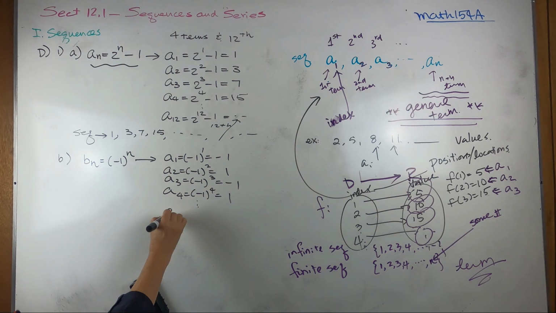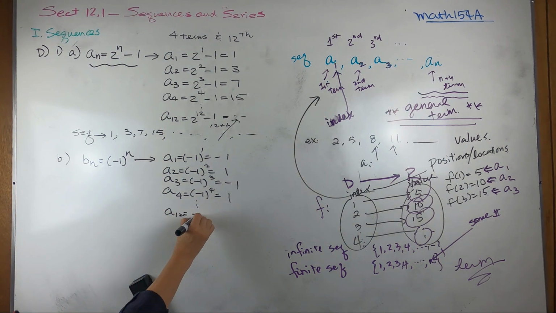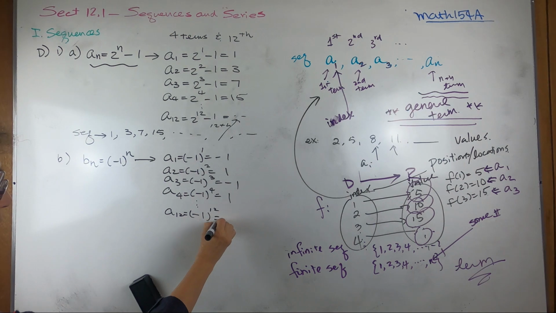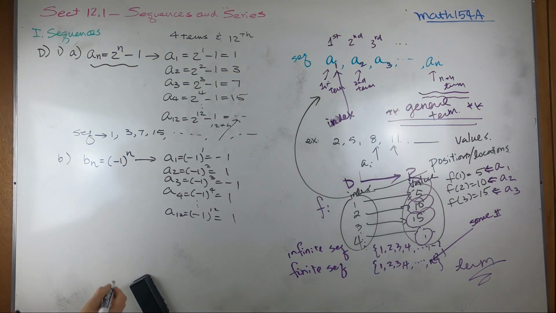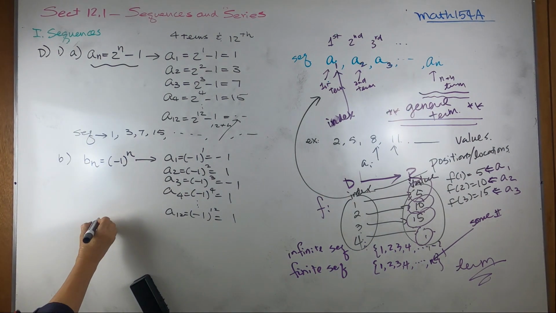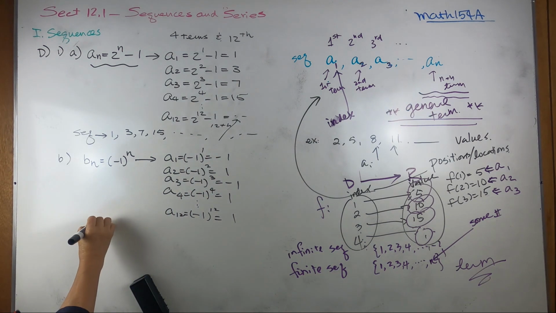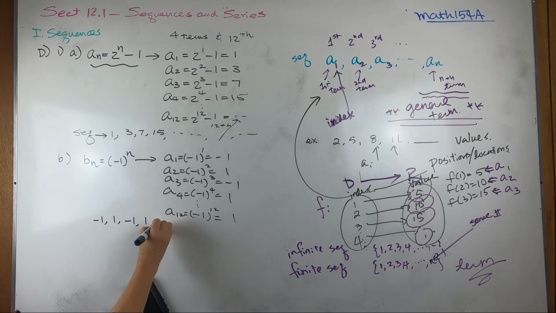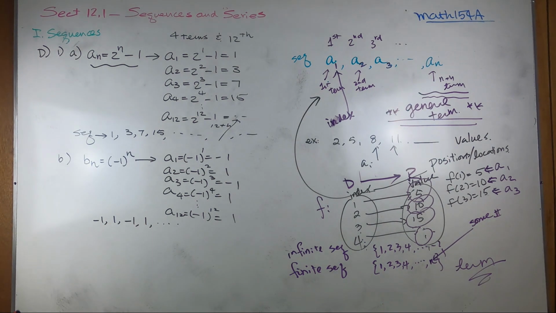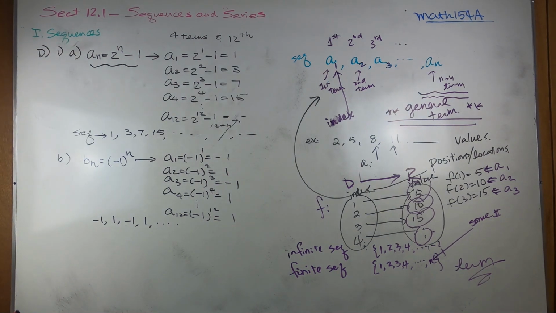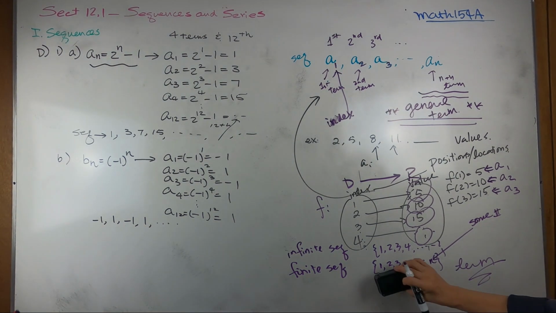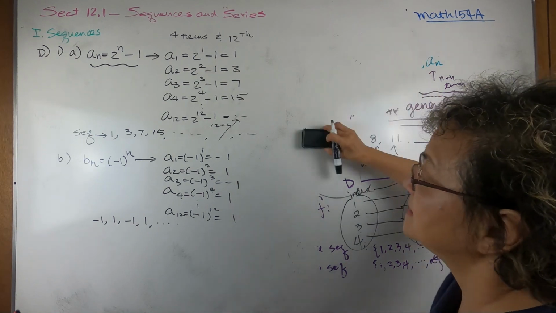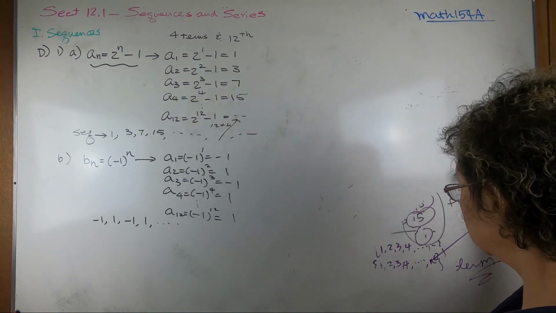And so on. A12 then would be the 12th power, would be positive. So this pattern is telling you to start from negative: -1, 1, -1, 1. Then you flip the signs from negative to positive, and the pattern goes with that,